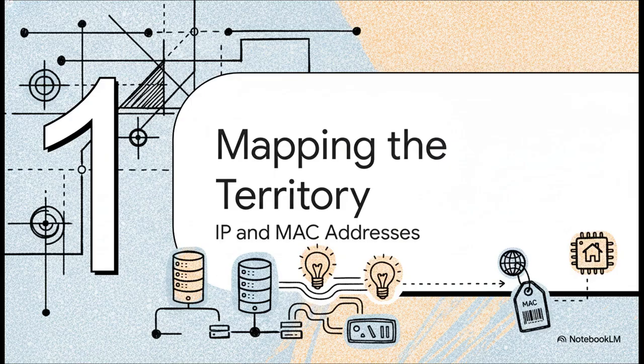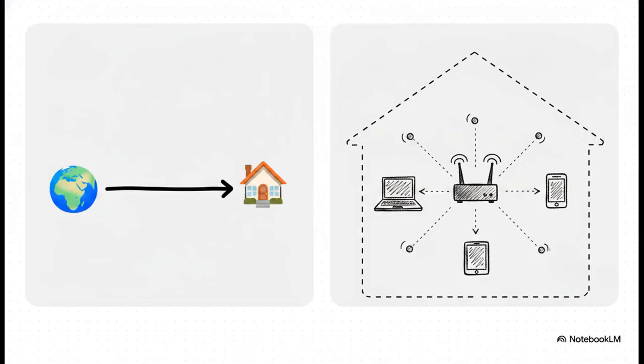Every great heist needs a meticulous blueprint. So let's get into Act 1, Mapping the Territory, specifically looking at IP and MAC addresses. First up, we've got IP addresses, which route data over what's called Layer 3, or the internet layer. There's a really vital distinction to make here. Think of your public IP kind of like your home's global street address. It's assigned by your internet service provider, you pay for it, and it is entirely unique globally,